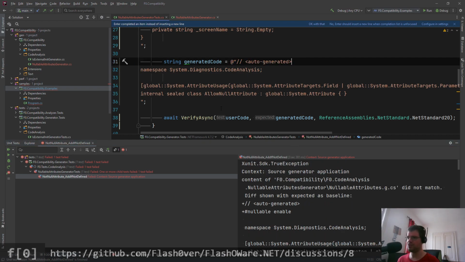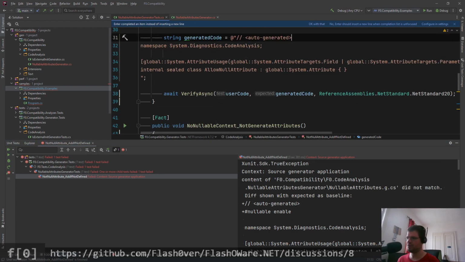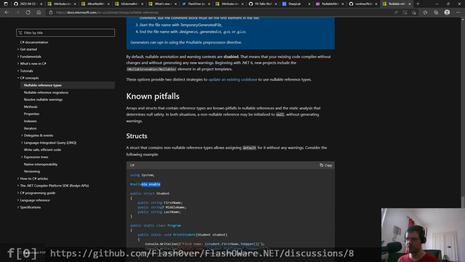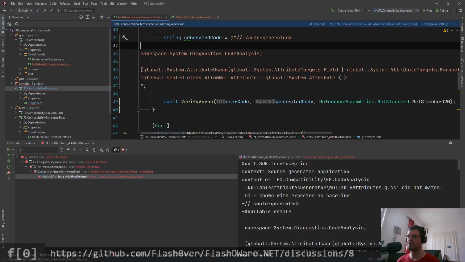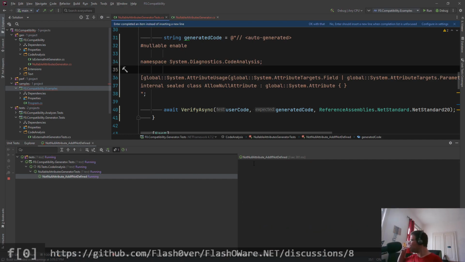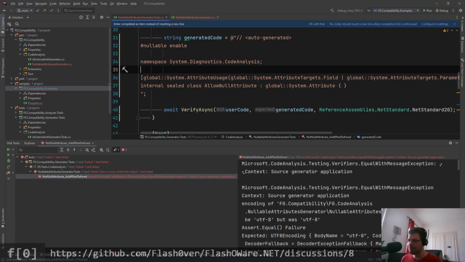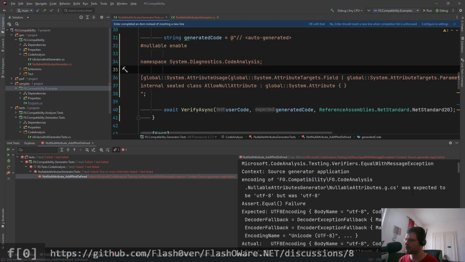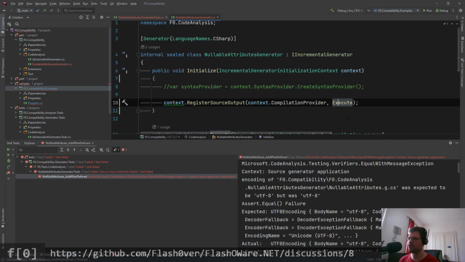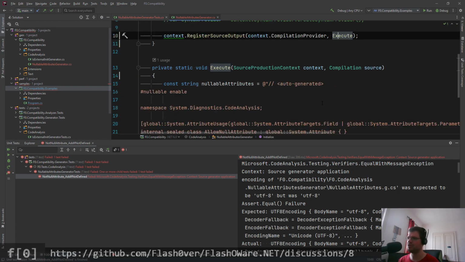This and perhaps let's also grab that from the documentation just to be sure. Nullable enable. Okay. Let's run the test again. Was expected to put UTF-8, but we found UTF-8. Ah, yes, okay. I believe I should add it via the, I usually use no BOM. Yes, UTF-8 without BOM,